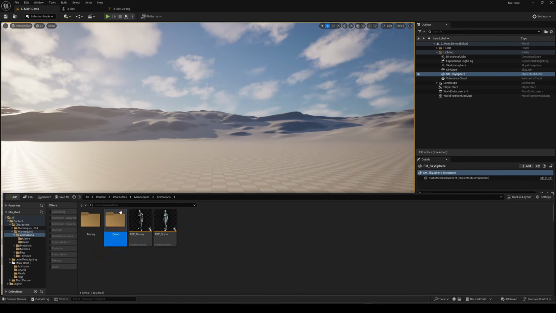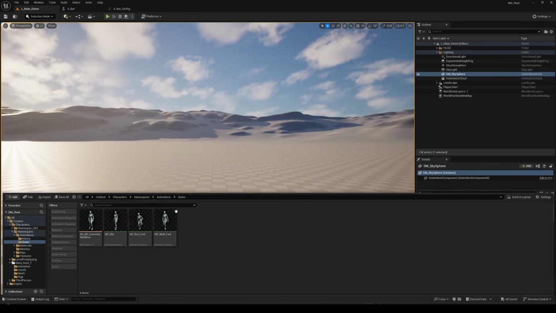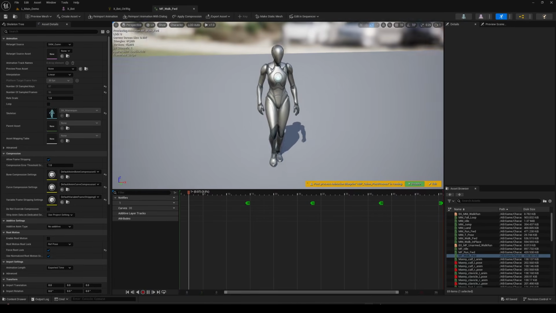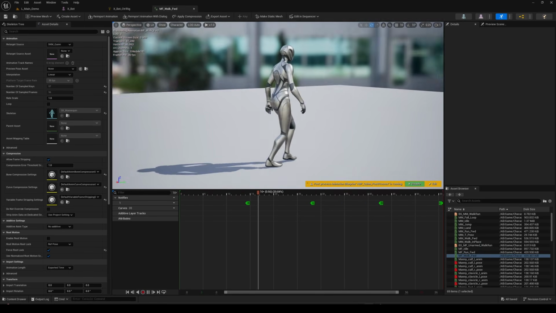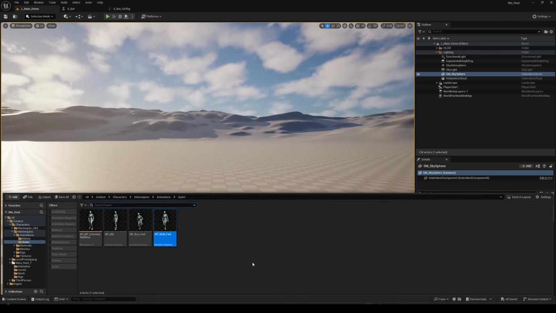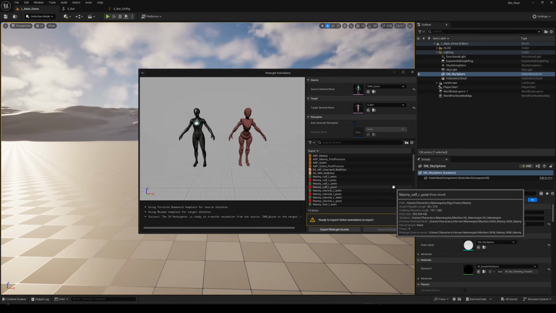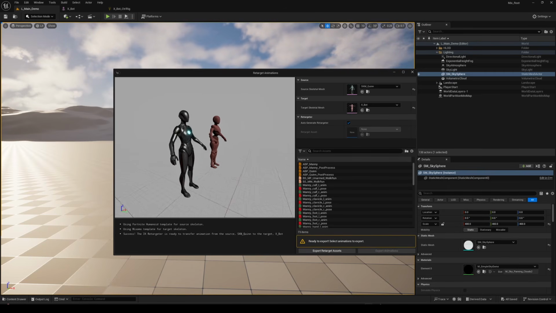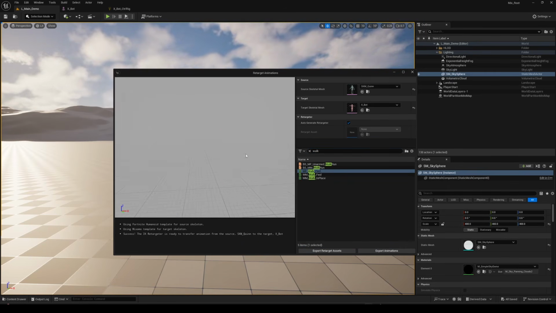Inside the animation folder, you'll find a few animation sequences we can use for retargeting. I also made a full video about the new retargeting system a few months ago, so check it out if you want a detailed step-by-step guide. But to keep it simple here, right-click on any animation sequence in the content browser and choose Retarget Animation. Select your X Bot skeleton and, for example, pick the walk animation. Everything should work great, but the real benefits become even more obvious afterward.